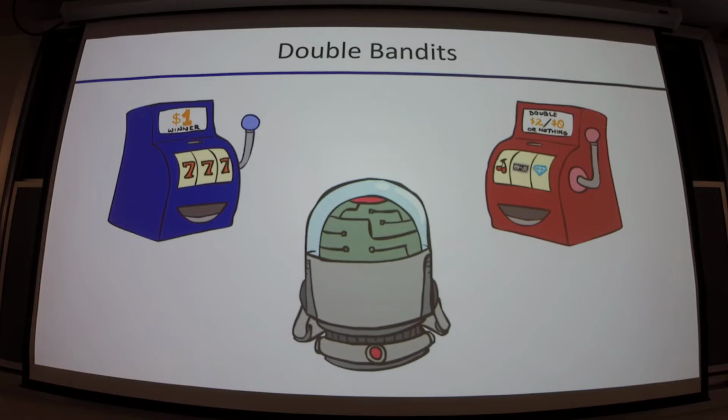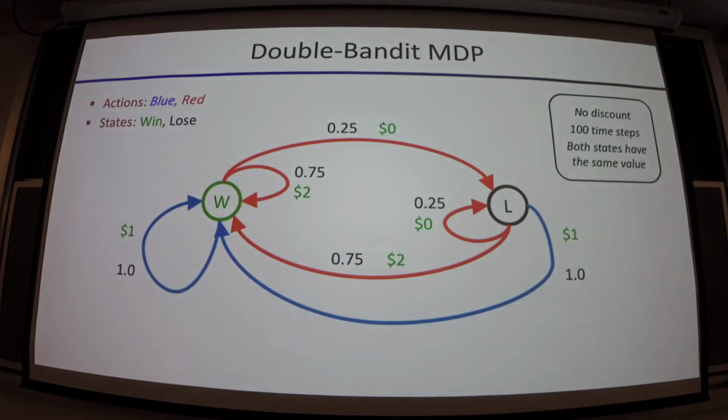All right, so let's say you're playing slot machines. You have 2 slots you can choose from. On the left, this blue one, every time you pull that lever, you get $1. That's nice. That's better than the slot machines you'll find in real life, I'm told. Okay, on the right, there's a different machine. You pull that lever, and with some probability you get $2, and with the complement of that probability, you get $0. So you're either going to get $0 or $2 with some probability, right? So which do you pull? That's the question.